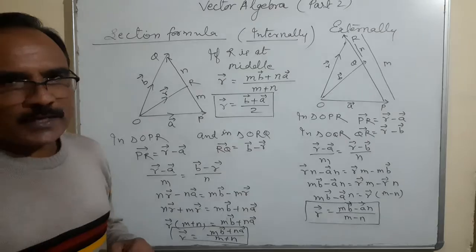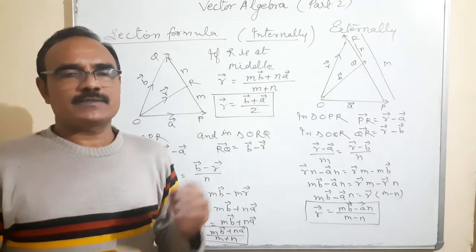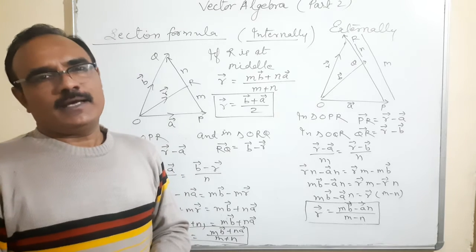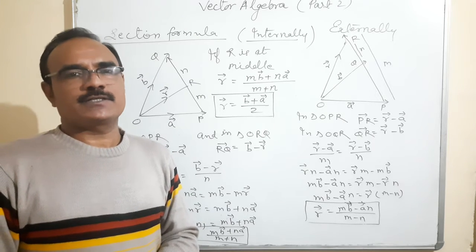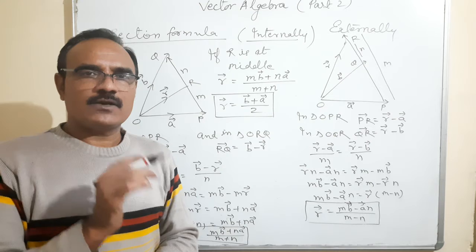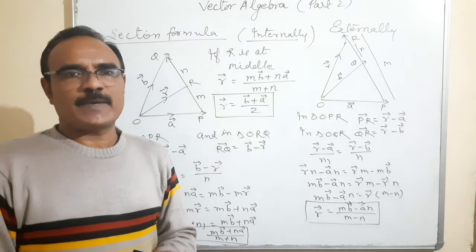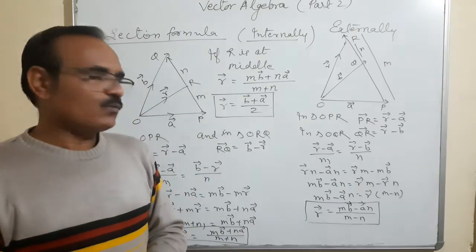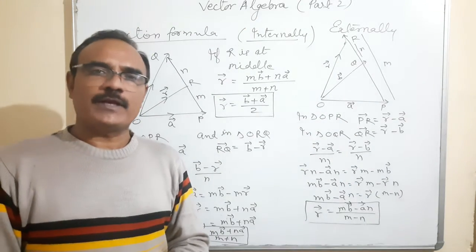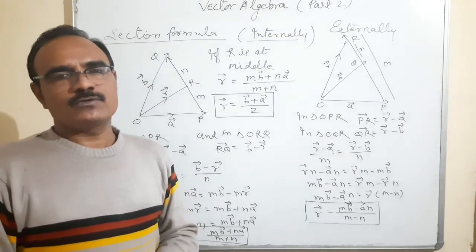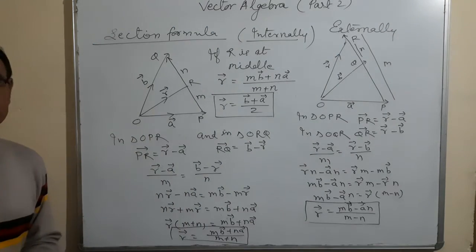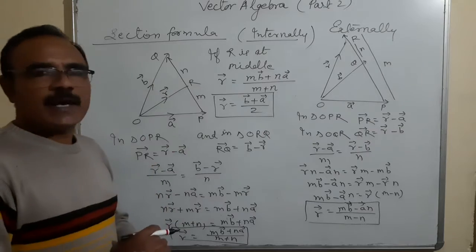And the next one is joining of two vectors. That means we are finding, suppose vector AB, then position vector of B minus position vector of A. And the unit vectors which are along the x-axis, y-axis, and z-axis are respectively i cap, j cap, and k cap. And one more thing which we have discussed about the unit vector: the vector upon the magnitude of this vector is called the unit vector. So these are the things which we have discussed.